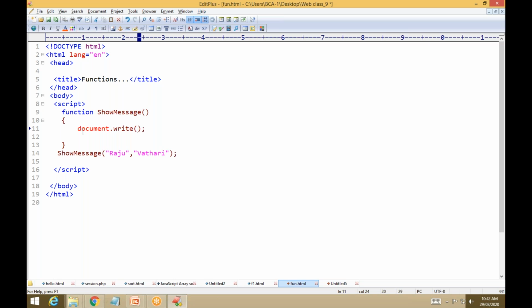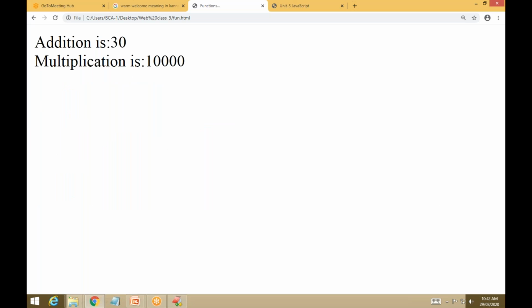What we need to print: if you are passing any parameters like a comma b, then automatically this is a, this is b, then here you have to print a plus b. A plus b means the a value and the b value are printed. See now, see what it prints.